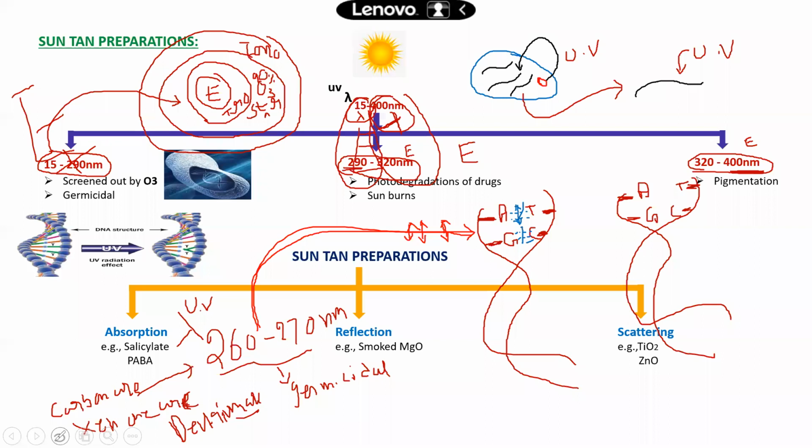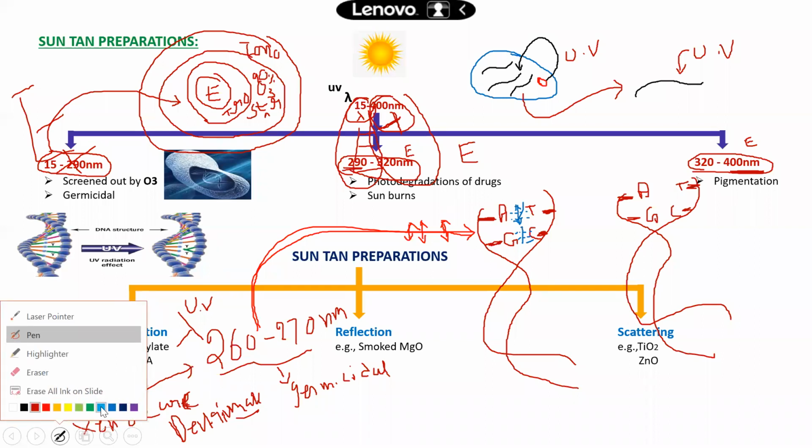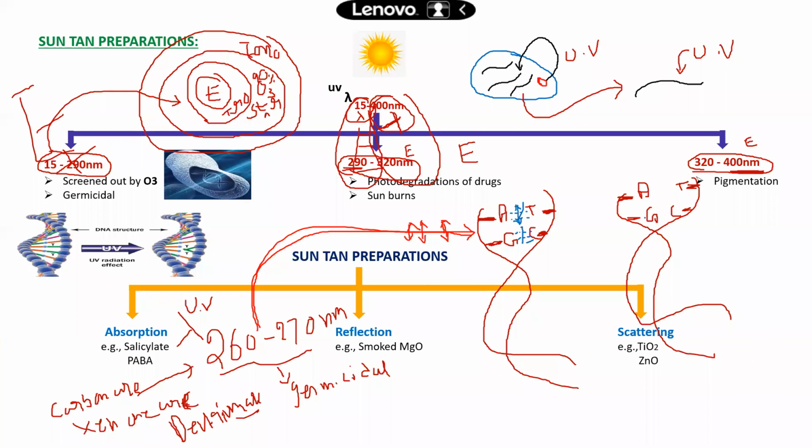Once you stop the passage of the UV radiations, there is automatic formation of hydrogen bonds, three hydrogen bonds between adenine and guanine. So the hydrogen bonds are formed between purines, and between pyrimidines.